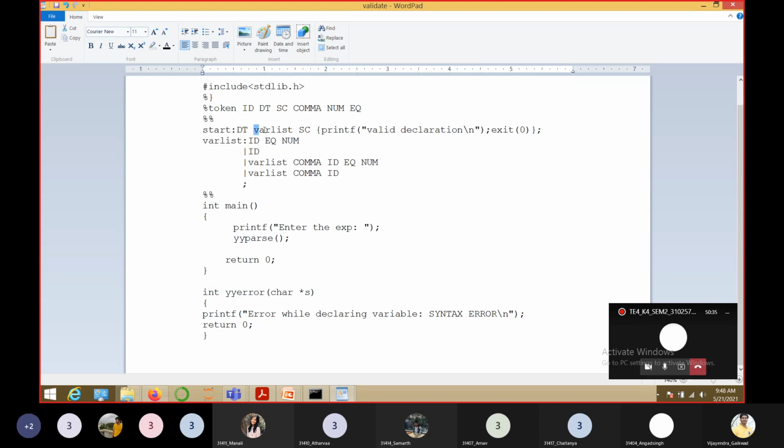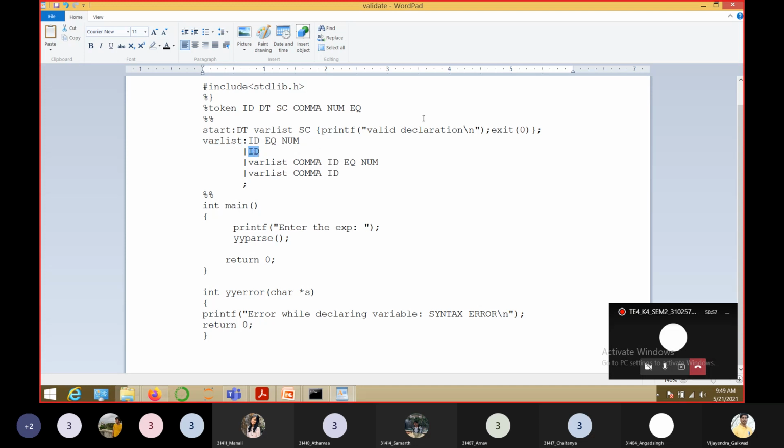Now this var list itself is a symbol, like start was a symbol, so it will be substituted by another rule, and that rule we are writing here: var list can be substituted by ID.